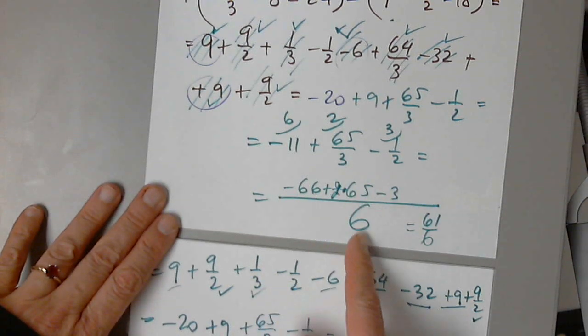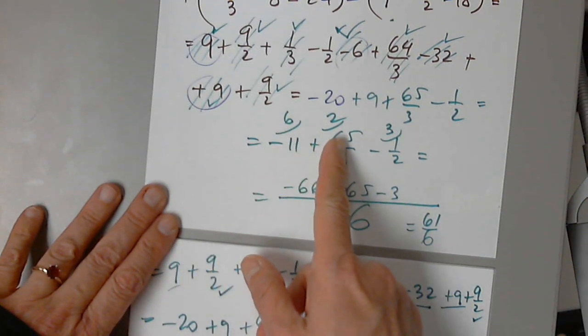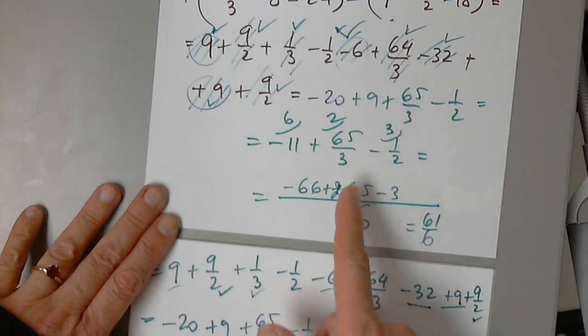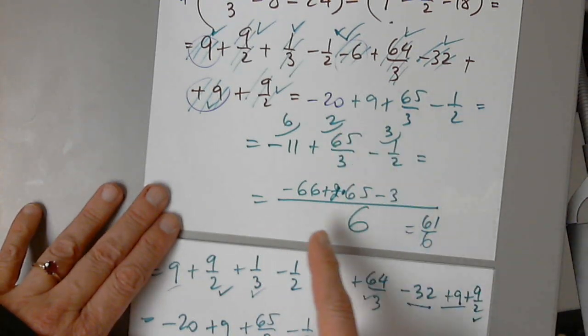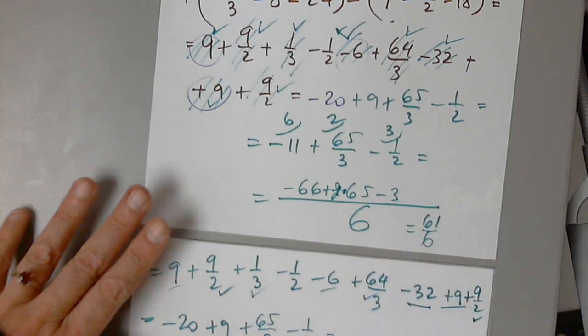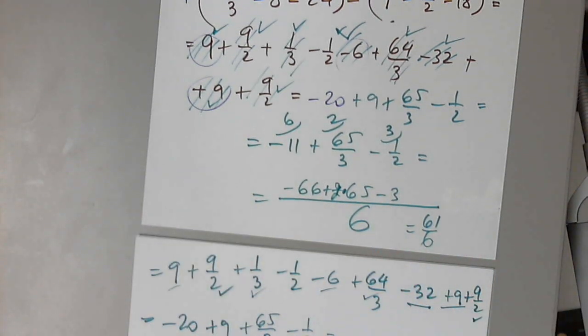So the 6 is the least common denominator. I have 6 here, but I didn't multiply by 2 here, and that's 3 is okay. And I multiplied, but I didn't put the correct number up there. Sorry, my apologies. So indeed 61 over 6. But at least we understand that we knew what to expect. So this was the area